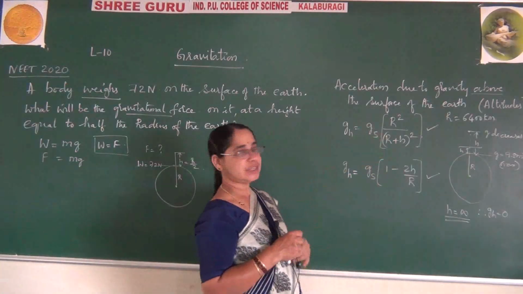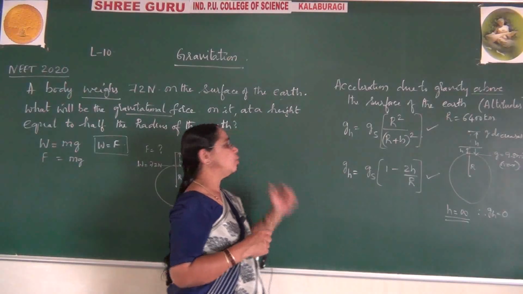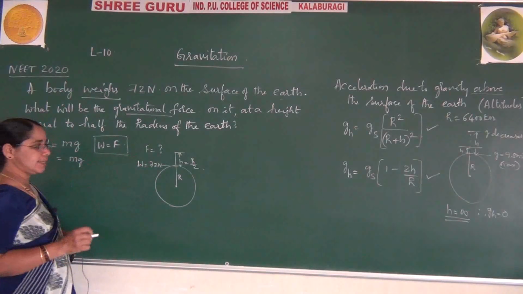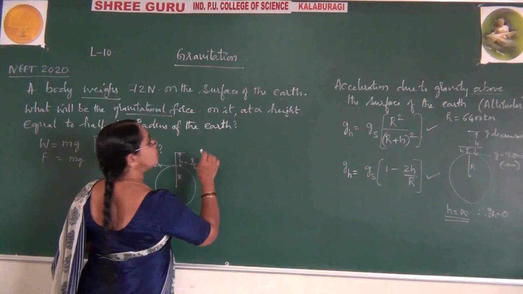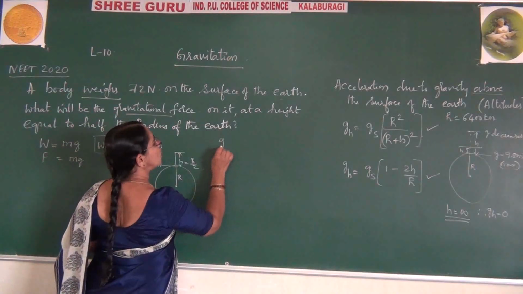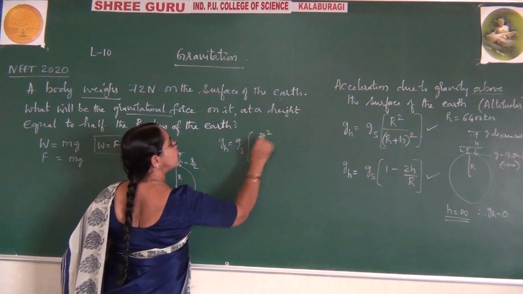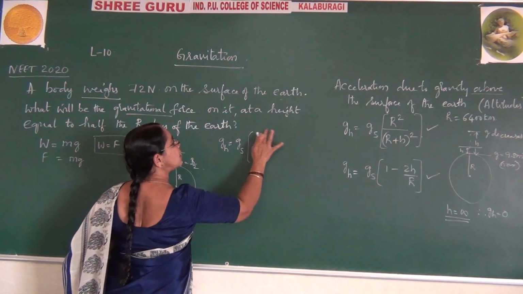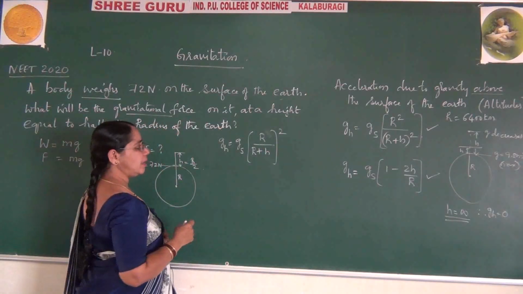When you select this formula, you will get G first. After getting G, we have to go for weight. And please observe, the one for this is force, I said. So to calculate this, GH is equal to GS into R squared divided by (R plus H). Let me write the whole bracket like this, it will be convenient for me.